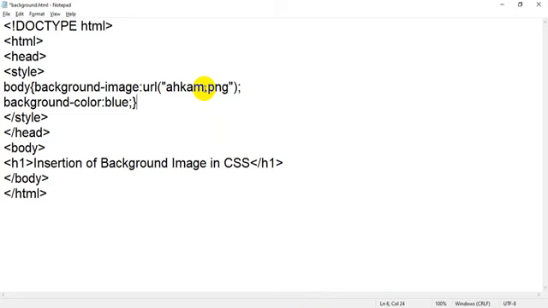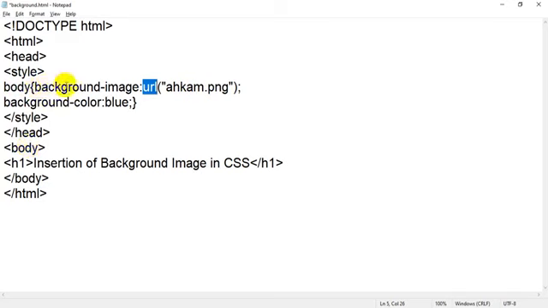If I say who is Pooja, there is a chance there may be more than one Pooja. That is why I call with the extension, because in a computer you cannot save files with the same name and extension. So if I pass only the URL and the name and extension of the file, it will work. So I have written body. Body means I have selected a selector, where I am going to add the background image.